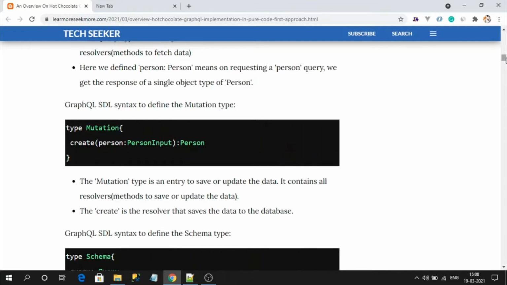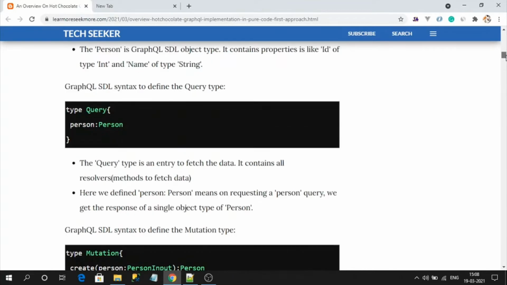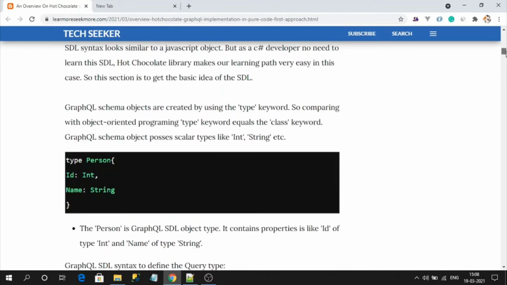With C# code only we can write GraphQL logic, and at runtime, based on that logic, the GraphQL server that we are going to integrate will automatically generate the schema and execute its normal process. So this is how GraphQL SDL looks.